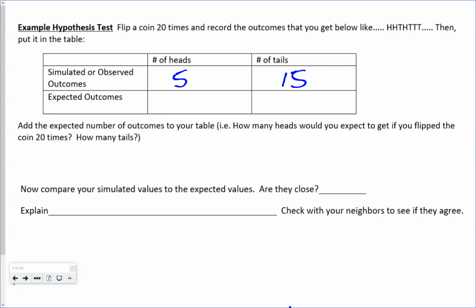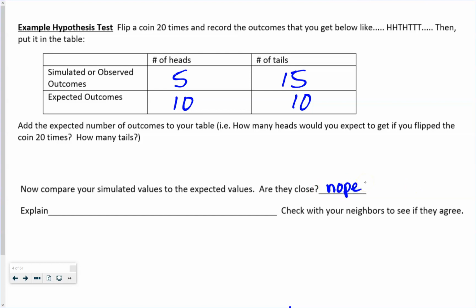So what was expected? If we're flipping a coin 20 times, we are expecting to get 10 and 10. There are 2 sides to a coin, 20 flips, 20 divided by 2, we would expect 10 and 10, right? So now I want you to compare what you got with what was expected. Let me know, are they close? Explain. Mine personally are not close,